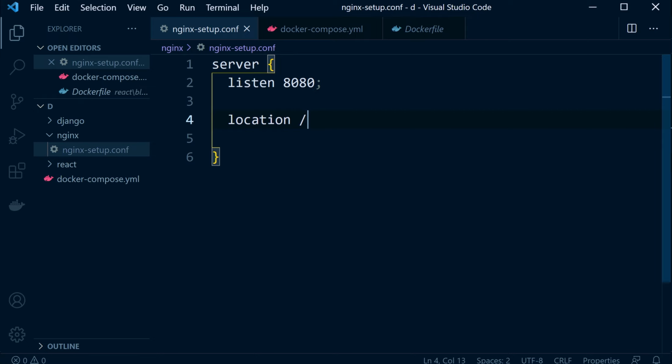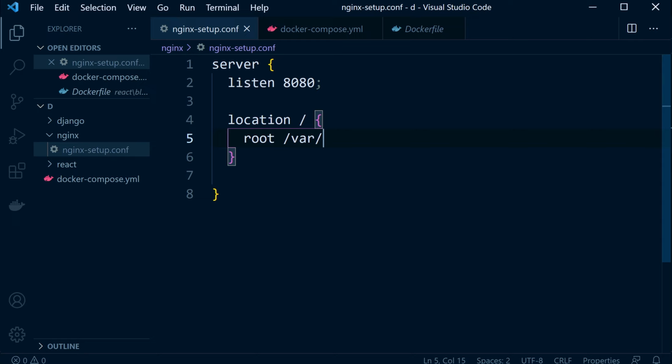So if I had a folder called var and someone went to my website and typed in test.com/var, then this location will then pick this up right here. And the idea here is that we're matching those requests to this piece of instruction here that we're going to set up. So here's just going to be slash, and then under here we're going to say root